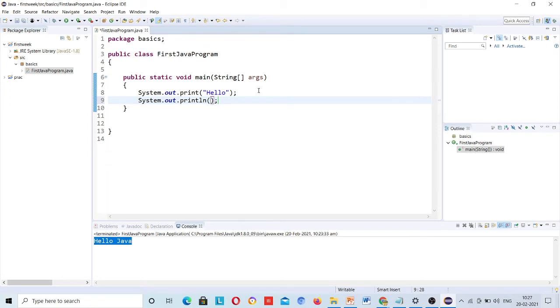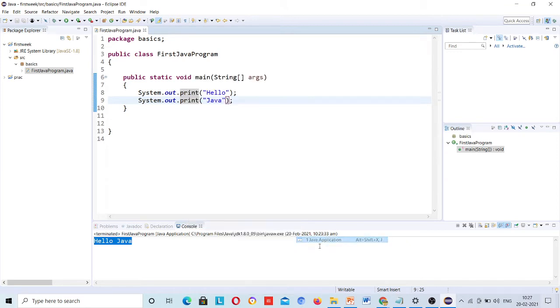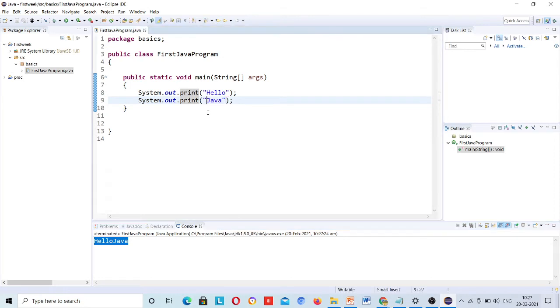I just wrote sysout and then Ctrl and Space, it created System.out.println. And if I write Java here and remove this ln, then see how it is printed, hello Java, and there is no space. Space you can give here.